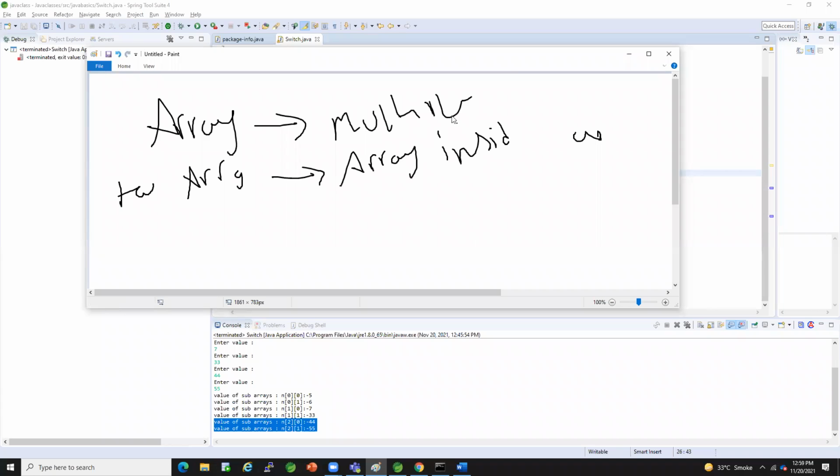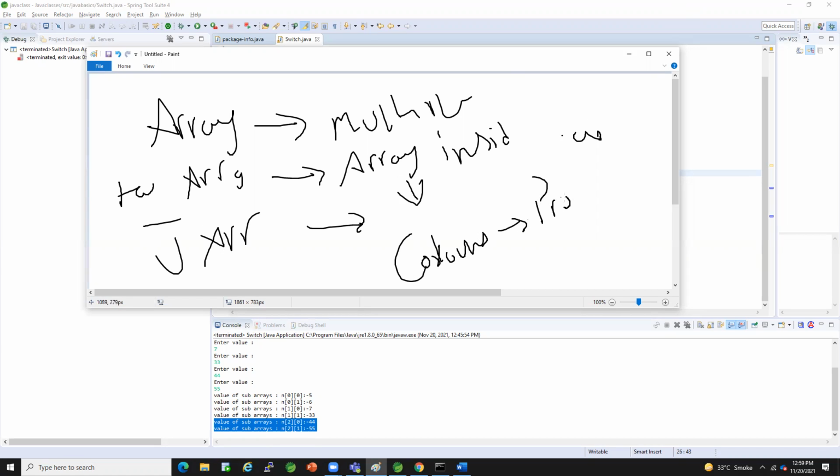What is a jagged array? A jagged array is also the same: an array which will have arrays inside it, but with different columns. Columns are not predefined. Same functionality. Just try one example with a jagged array, guys, so that if you work on jagged arrays, you will